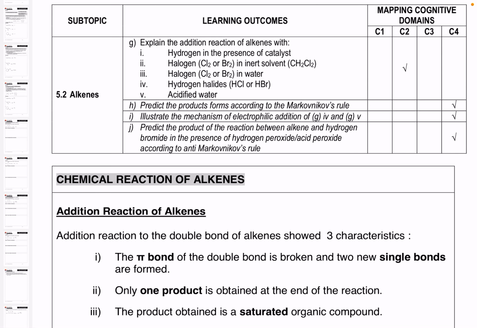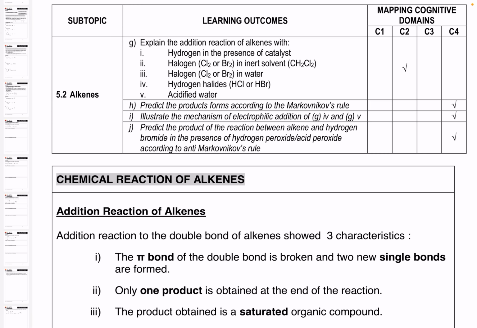Hi everyone. Now in this video, we are going to learn about the addition reactions that happen in alkenes. In alkenes, there are five addition reactions that you're going to learn later on, and we also learn how to predict the products that will be formed according to the Markovnikov rules, and also how to predict the product in the reaction between alkene and hydrogen bromide in the presence of hydrogen peroxide according to